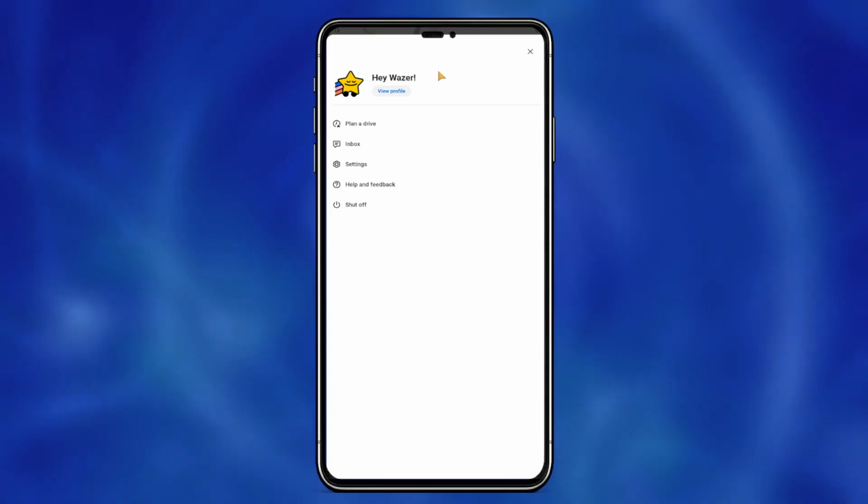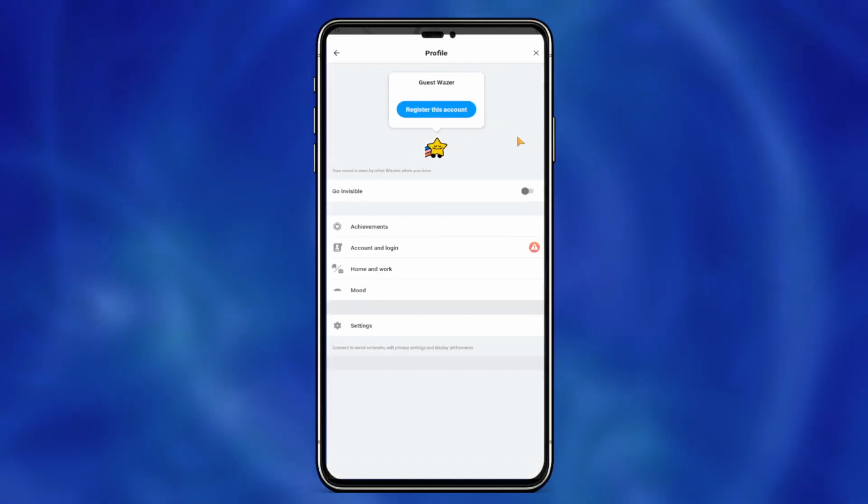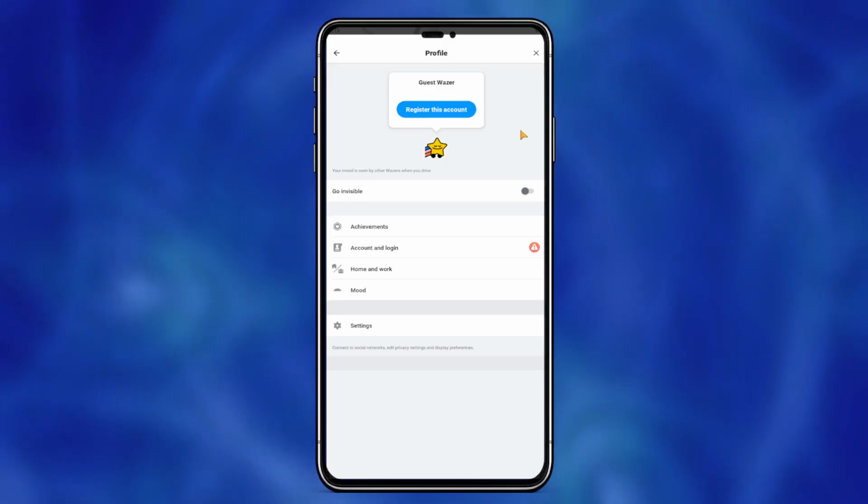Once the menu opens, you'll see several options listed. Look for the one labeled View Profile and tap on it. This will take you to your personal profile page where you can customize various aspects of how you appear to other Waze users. Your profile is essentially your identity within the Waze community, so this is where all your personalization